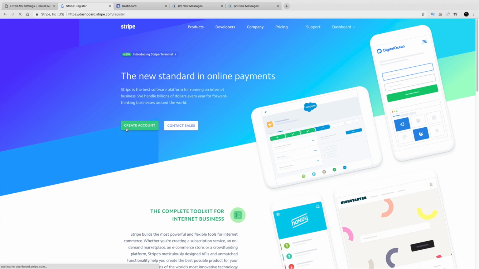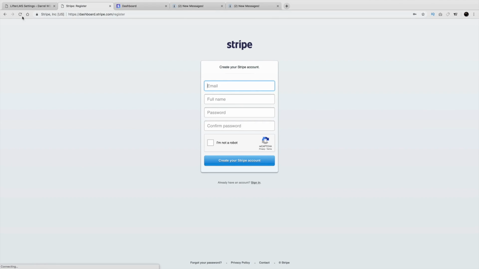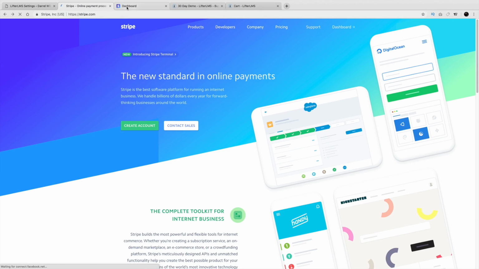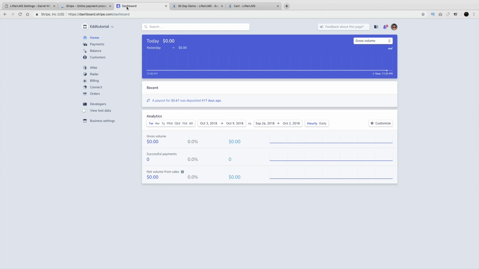Just go to create an account, and then simply go through this process. Once you're done going through that entire process, you'll be brought to your Stripe dashboard. Now guys, I've been doing this for 3 years, and Stripe is the best alternative for taking payments because